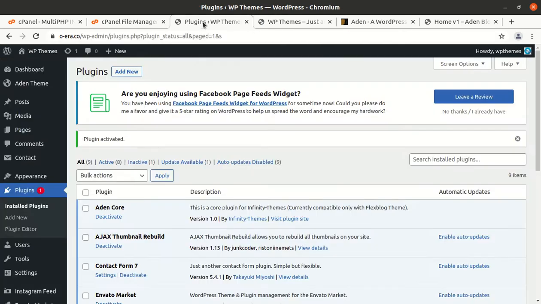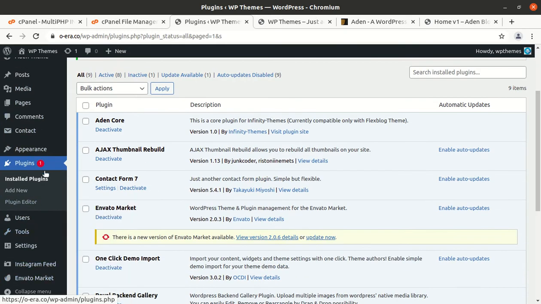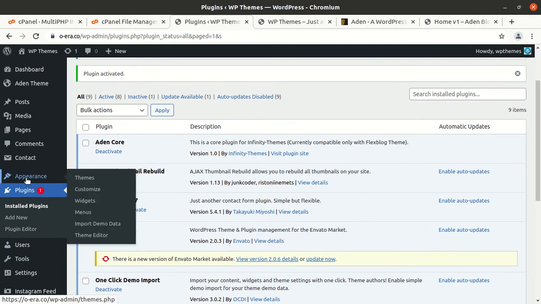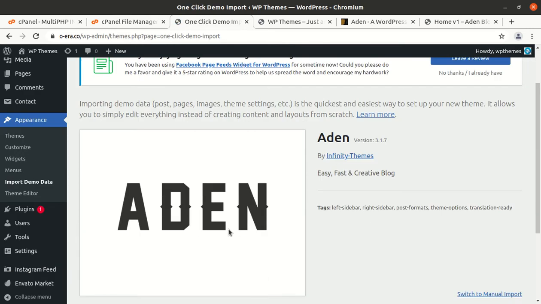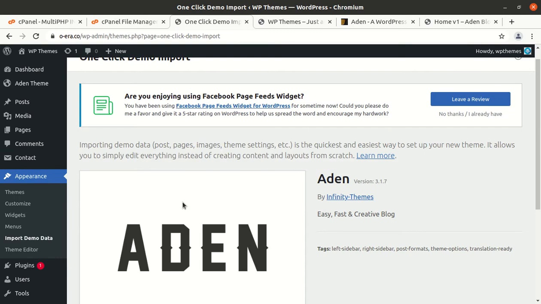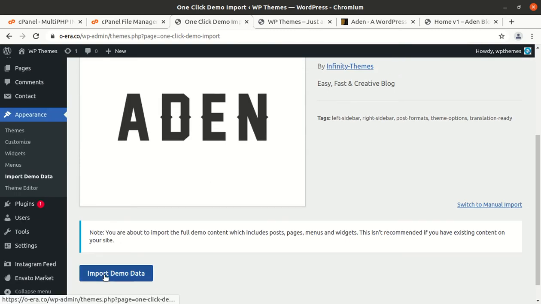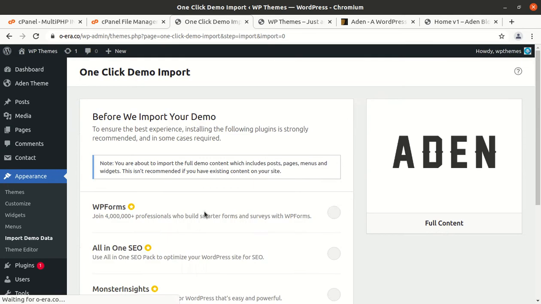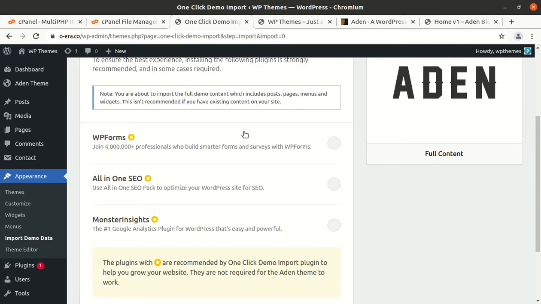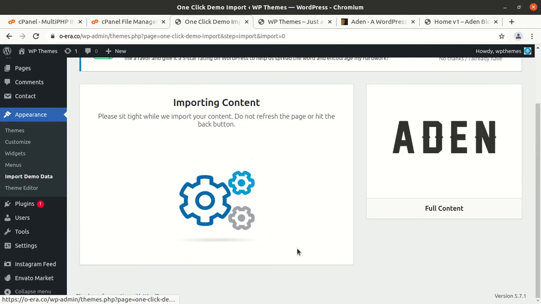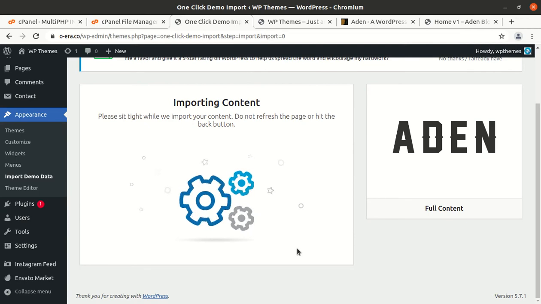We need to go for certain setup at this stage. But first I'll try to import the demo content if it is really available in the theme pack. I have to go to the Appearance section for this, and the Import Demo Data option is there, and this is the import option, and this has only one key, so I'm just clicking on this. I'm not selecting these plugins, just continuing, and the importing of content has started. It will take a few minutes as it is going to connect to the developer server and download the media files.